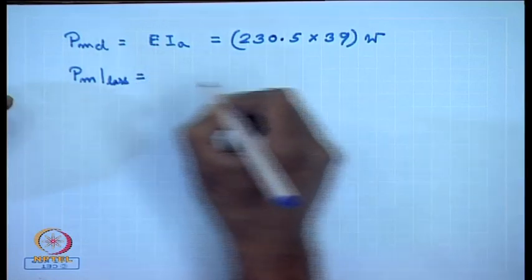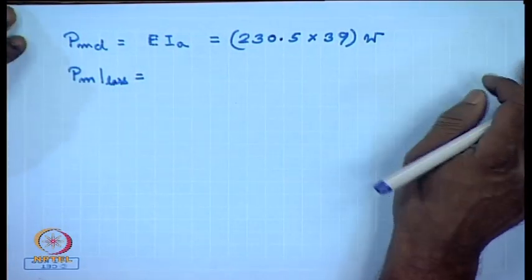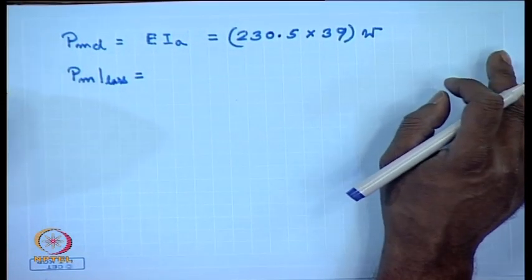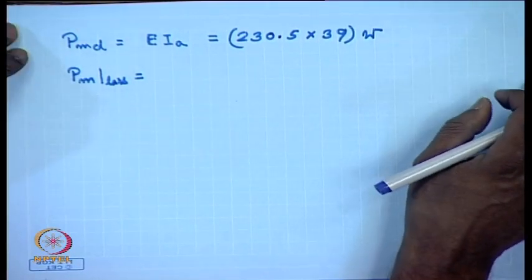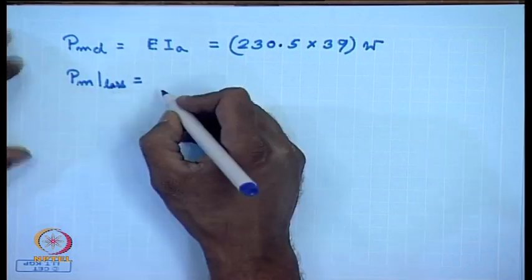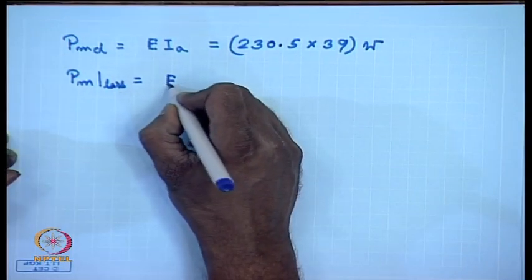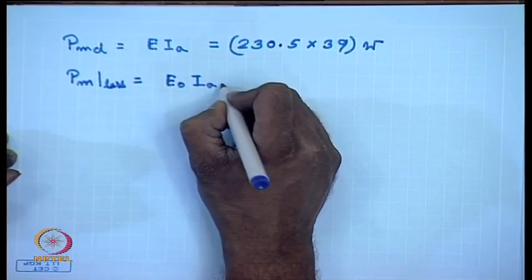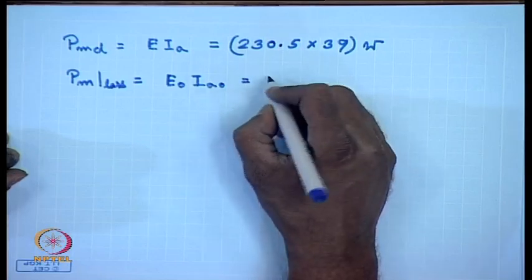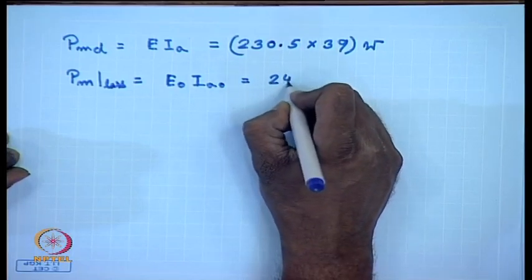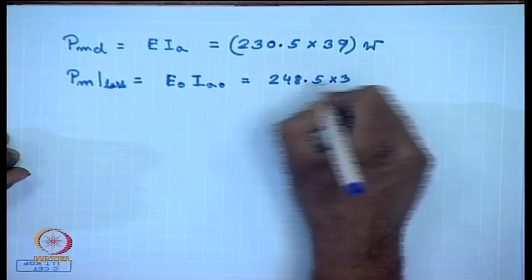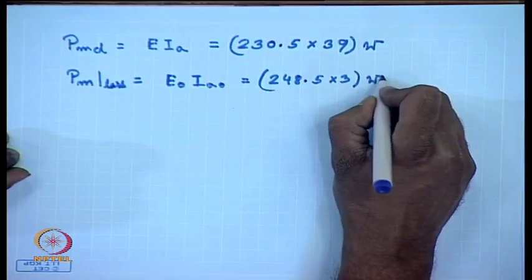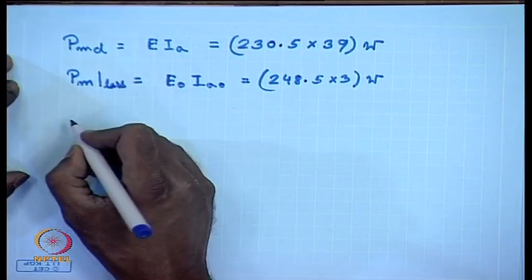Now, at no load we see that the armature current is not 0, it is 3 amperes. What happened? But there is no load connected to the shaft, that is actually the mechanical loss. So, P_m loss equal to E_0 I_A0. This is equal to 248.5 into 3 watts. So, the shaft power output